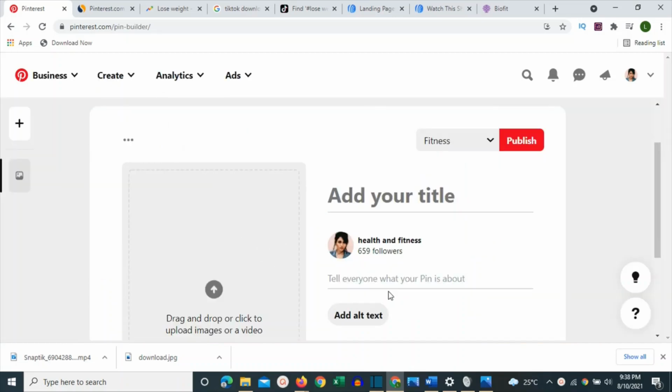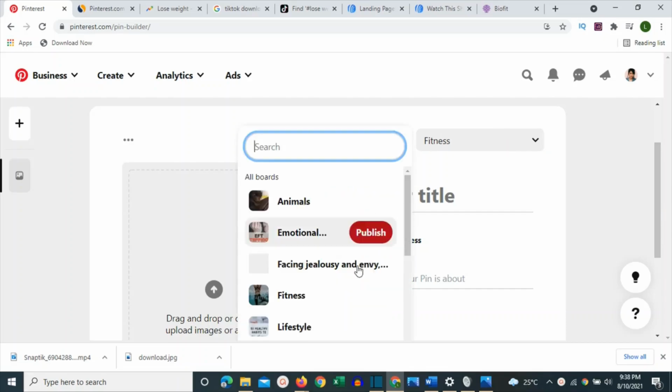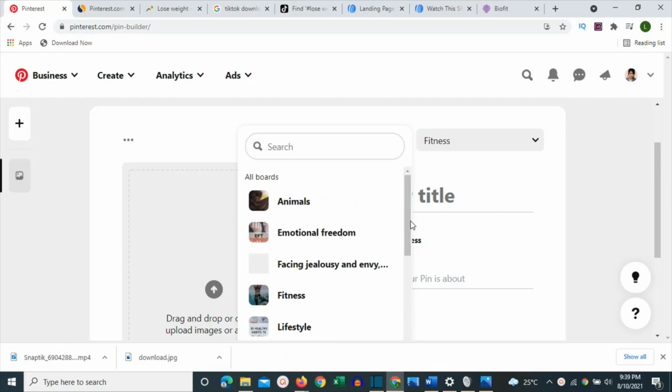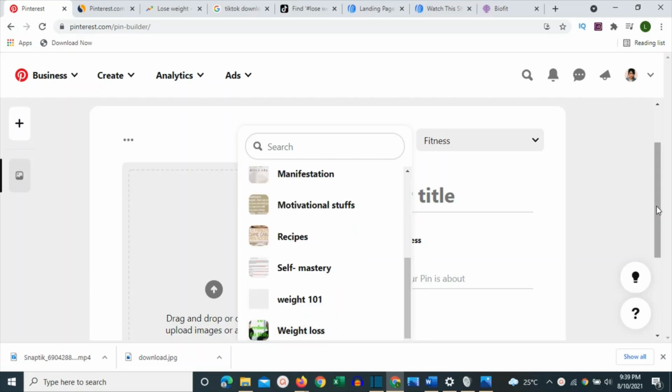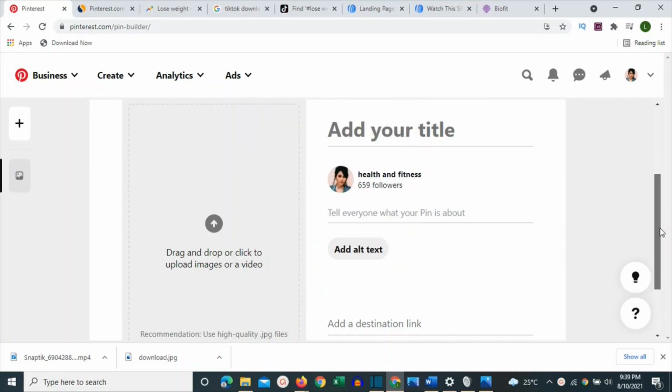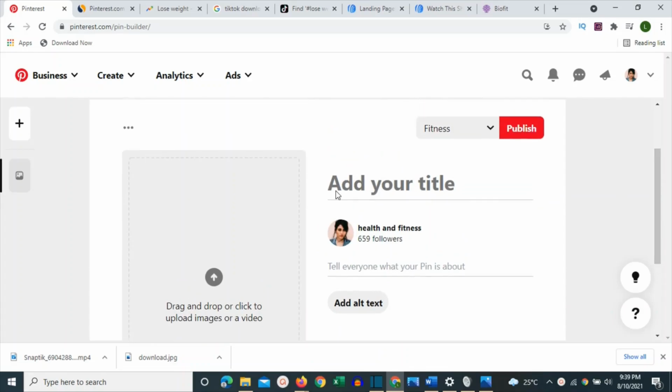Once you click on create pin, if you are new to Pinterest, you are going to create a board for your content. Organize your content into several boards so that related content will be on one board, and then do another one on a different board as well. When you click on create pin, you can scroll to the bottom, then create a board. I already have several boards here which I've been posting on. Once you have your board created, you are now going to post a pin onto the board so that people can search on Pinterest, then find you.